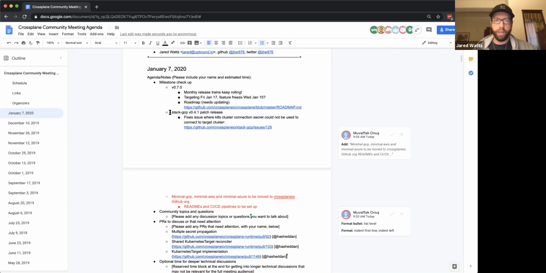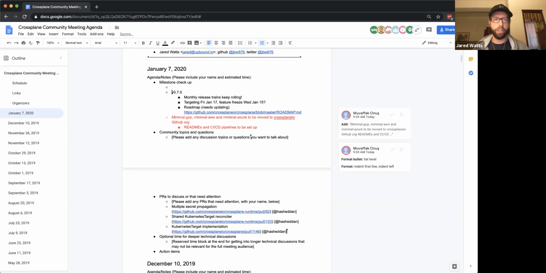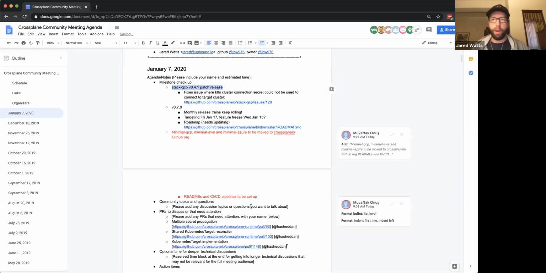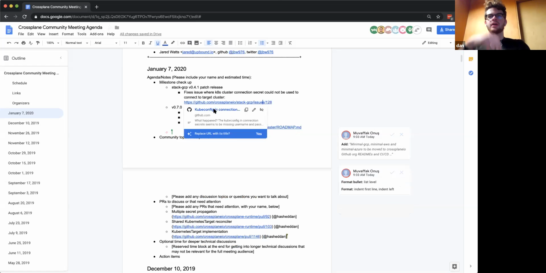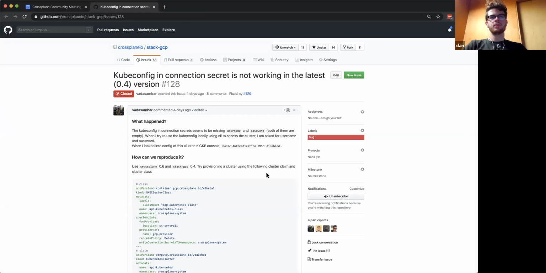So let's go ahead and talk about this first, since it will be first chronologically speaking. We are planning to run a patch release for the stack GCP stack. And Dan, do you want to go ahead and talk about the issue since you put the fix in for it? Yeah, absolutely. We had a community member realize that they were unable to connect to a GKE cluster using our new V1 Beta 1 API